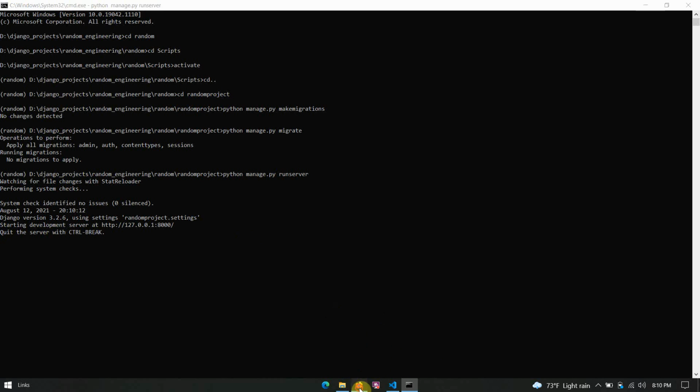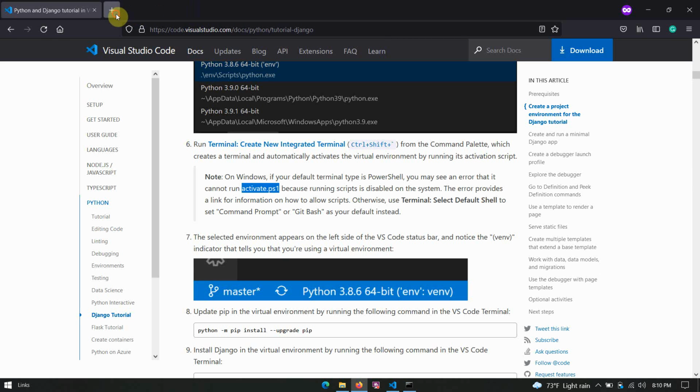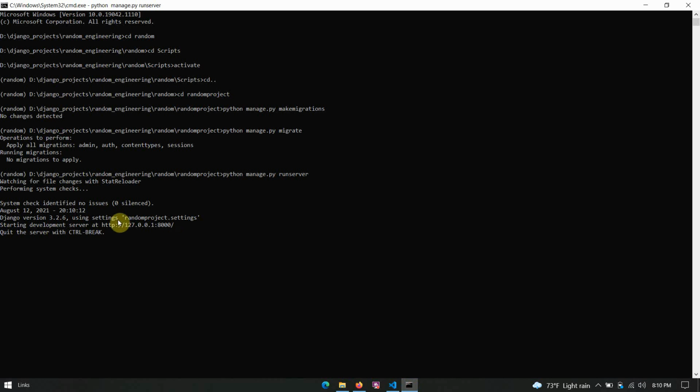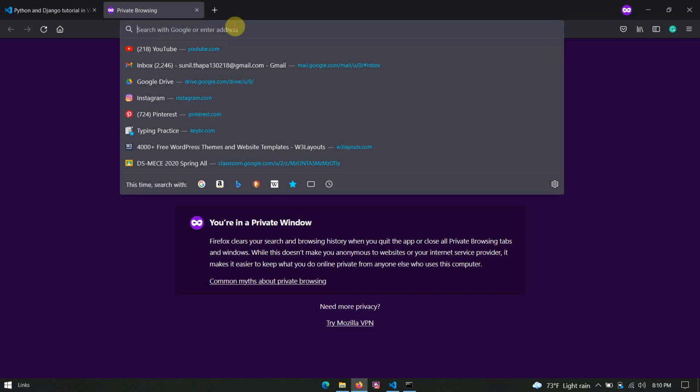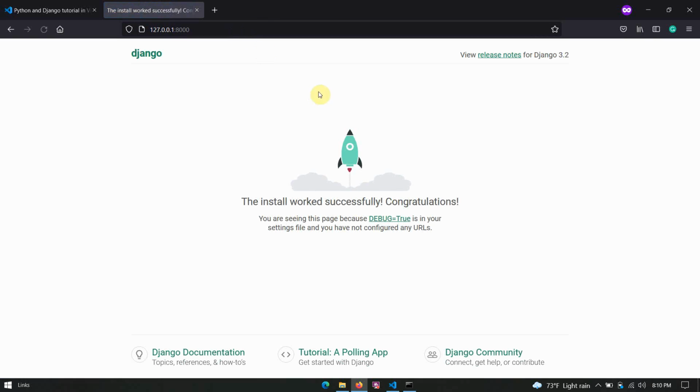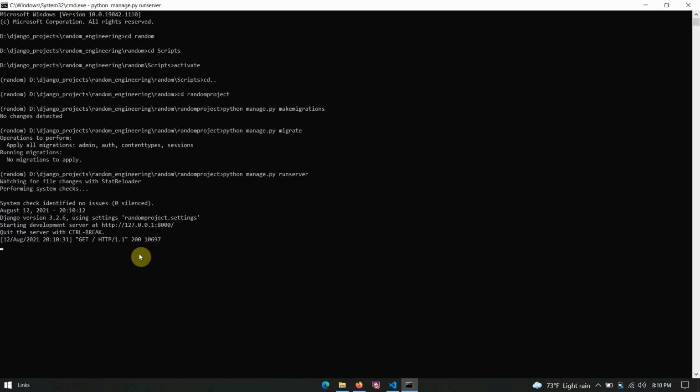Okay, now we go to the browser and try to enter the address. We'll copy it from the browser and go over here. So you can see this has been activated, but we press Ctrl C. Here if we try to run the server,